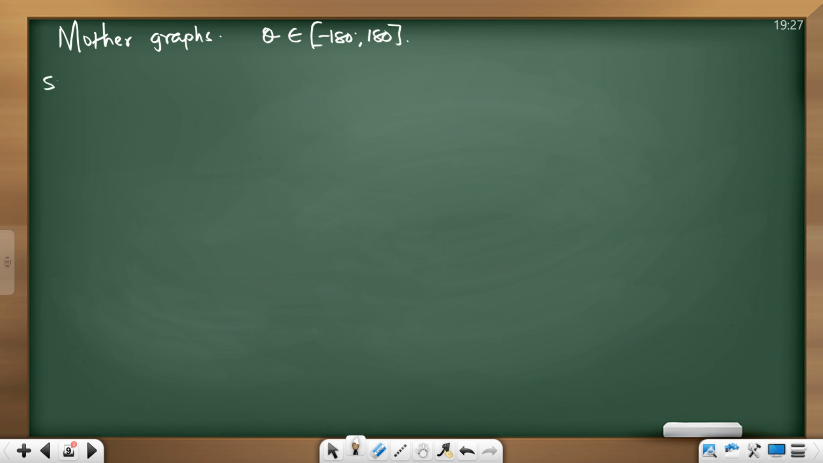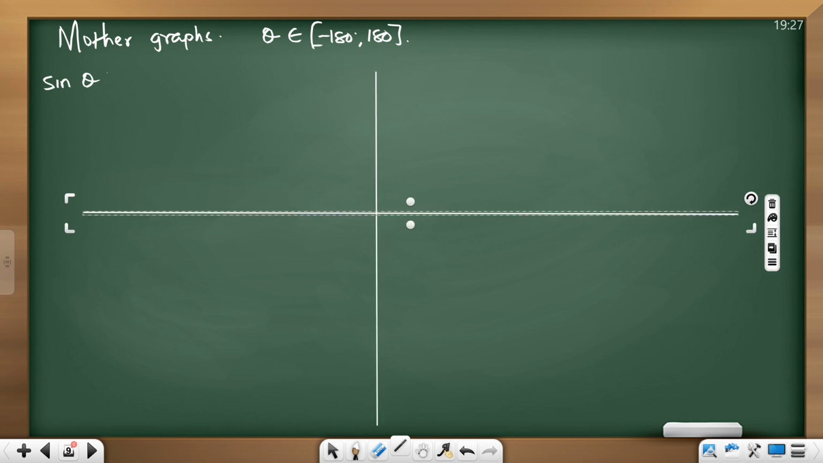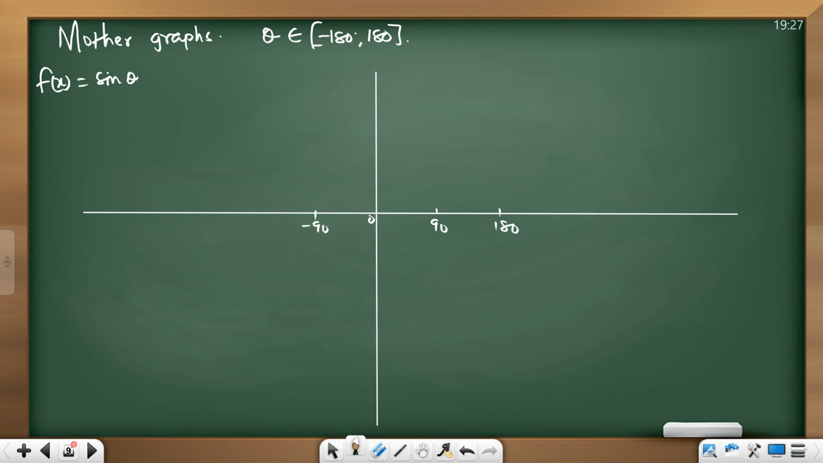So we start with sine theta. Quickly, everybody. Sine theta. Let's draw our mother graphs because I know that some of you were lost there. 0. We're drawing sine theta. f of x equals sine theta. What should be our domain? What should be our step? 90. 90, 180, negative 90,